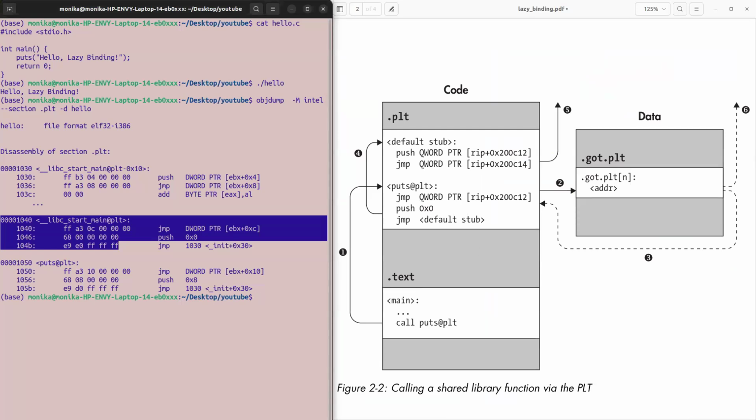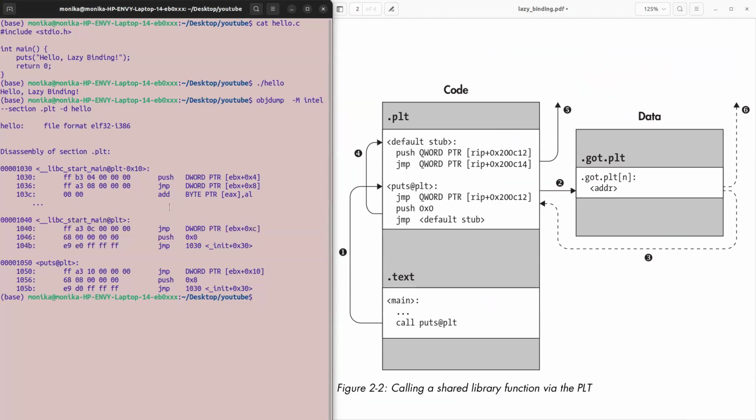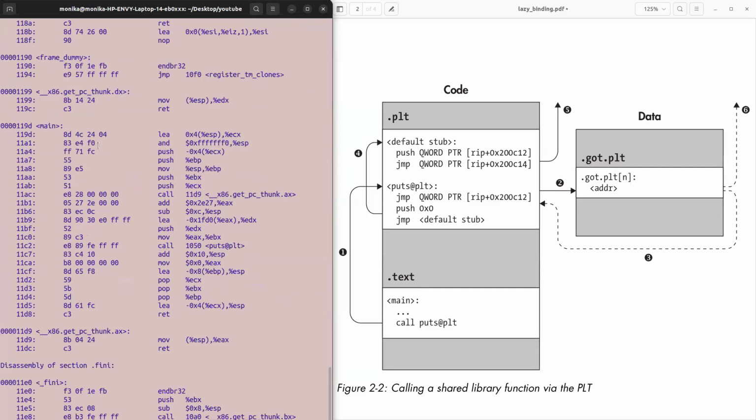Now we have looked into the PLT section, the GOT section, and the text section, and now let's see how lazy binding is actually happening. So let's see in your hello.c function, in the main code. Let's disassemble our hello program. If we do that, we have the whole disassembled code, and particularly within the main function, this particular call